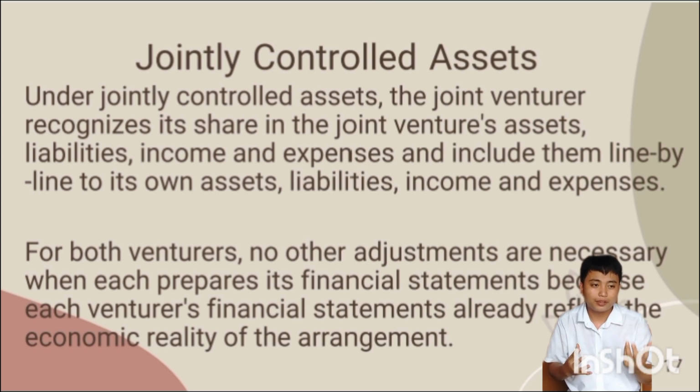Pero kung unsay ma-profit nila, ila-ila nila sa ilang kagalingon. For example, si entity A naka-profit siya og 30 million. So iyang i-record sa iyang kagalingon 30 million. Si entity B naka-profit og 50 million. Iyang i-record sa iyang kagalingon 50 million. So basically magtunga sila sa expenses pero dili sila magtunga sa sales. Opposite siya sa jointly controlled operation, di ba? Kaya ang jointly controlled operation kay di sila magtunga sa expenses pero magtunga sila sa profit. Pero sa jointly controlled assets kay magtunga sila sa expenses and acquisition pero di sila magtunga sa profit. Mao na siya ang difference niya.